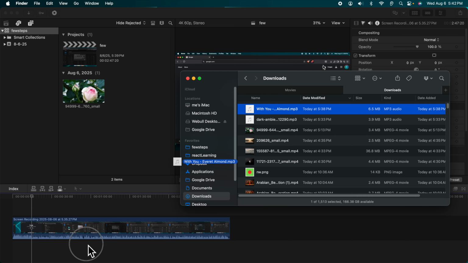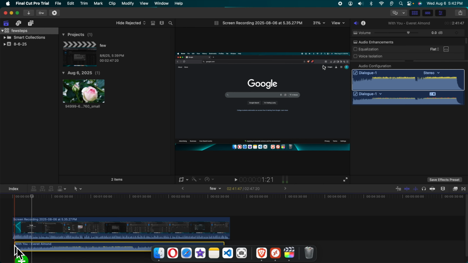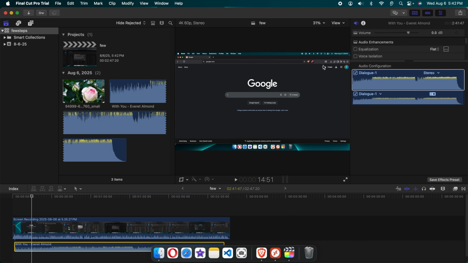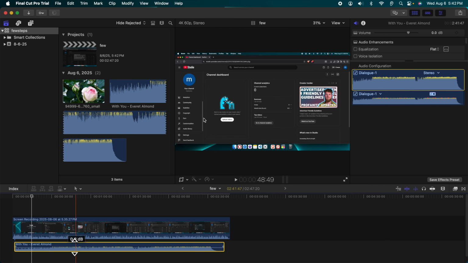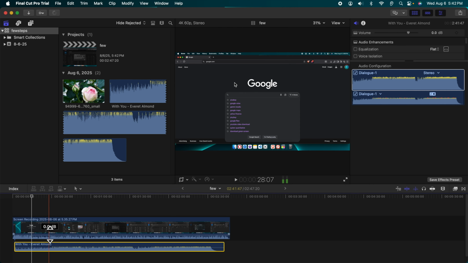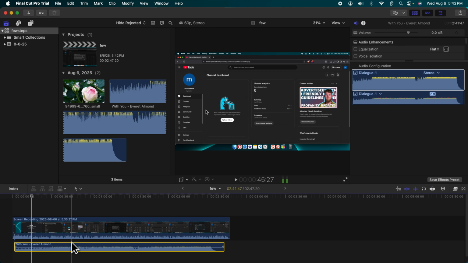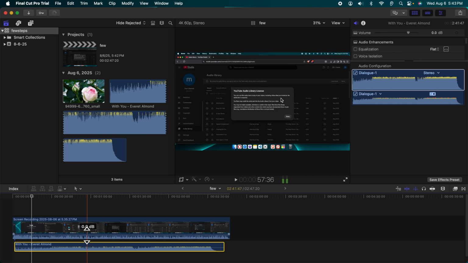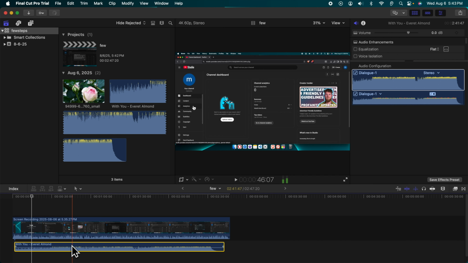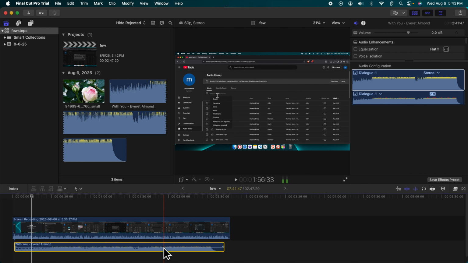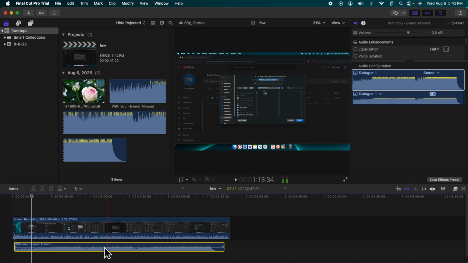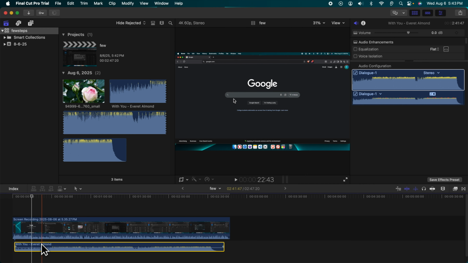So I'm going to drag it and drop it here. It will be added this way. Okay, now what we need to do is adjust the sound level of this background music, and then we can add it over here. If we move our cursor over there after selecting that music, so this is the music, right? If we try to play it,